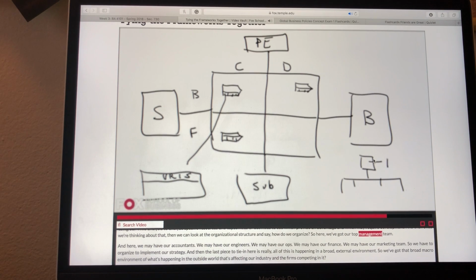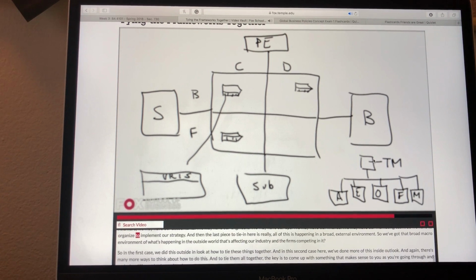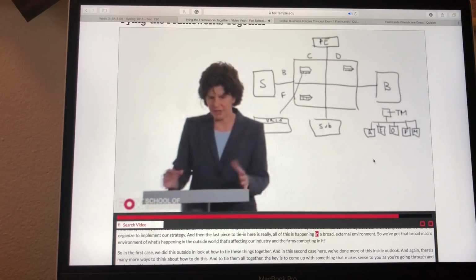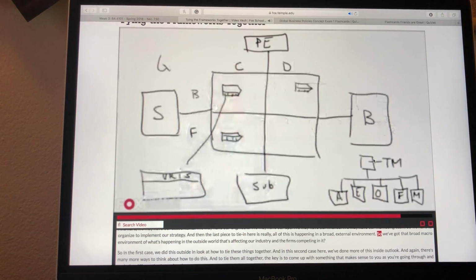So here we've got our top management team, and here we may have our accountants, engineers, ops, finance, and marketing team. So we have to organize to implement our strategy. And then the last piece to tie in here is that all of this is happening in a broad external environment. Okay, so we've got that broad macro